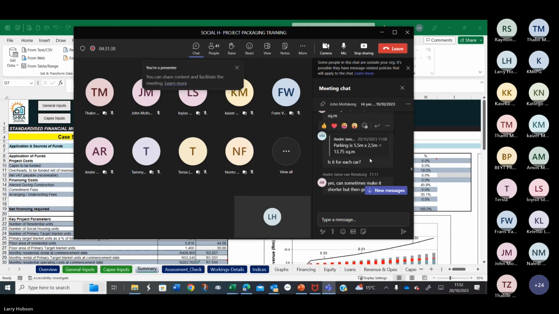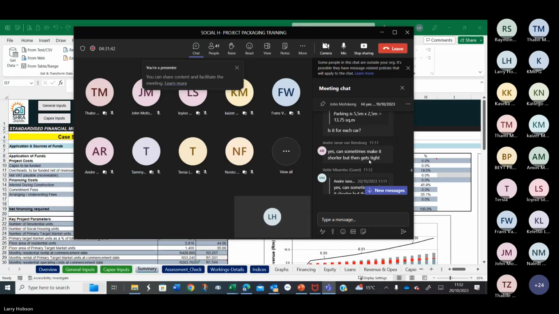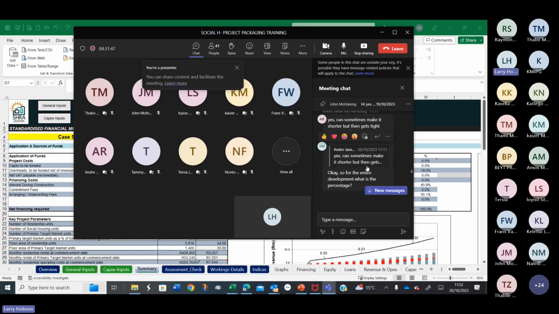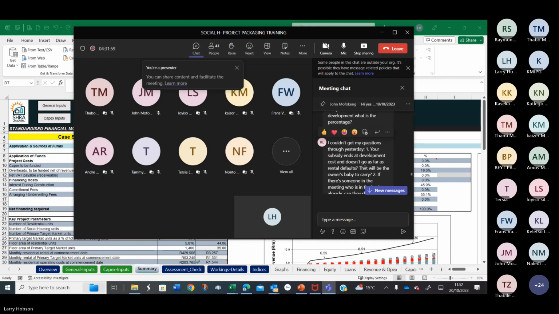Velile, yes, can sometimes make it shorter, but it gets tight. Okay, yeah. So it's a discussion about the parking. Yeah. Okay. But yeah, we have got parking